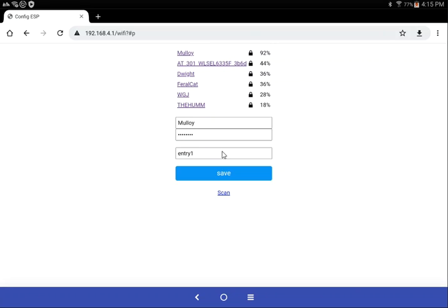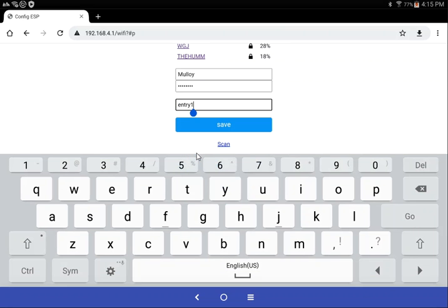And then as well, I can supply a name. In this case, the default is entry 1. I'm going to actually supply my wife's name. You can see here, name alphanumeric only. That's my wife's name because it's going to be for her garage door. So I'm going to go ahead and save that. No, I do not want to save. So save never. And you can see that basically it saved the credentials,